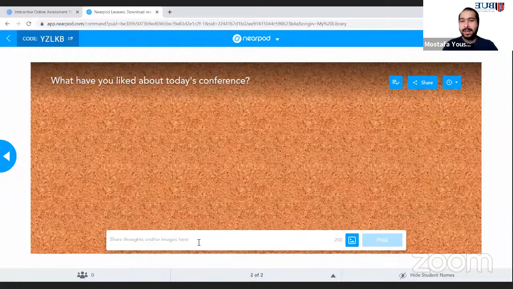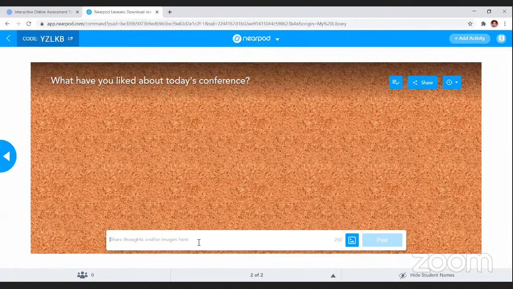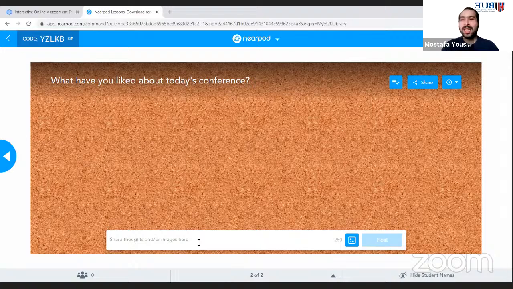Once you give the room code to your students, they will be able to share their thoughts here. And it acts like a collaborate board, like a big banner where the responses will be like sticky notes on that board. So it's very nice for brainstorming. It's very nice for giving feedback. Your students giving you feedback about your teaching, what they have liked, what they didn't,